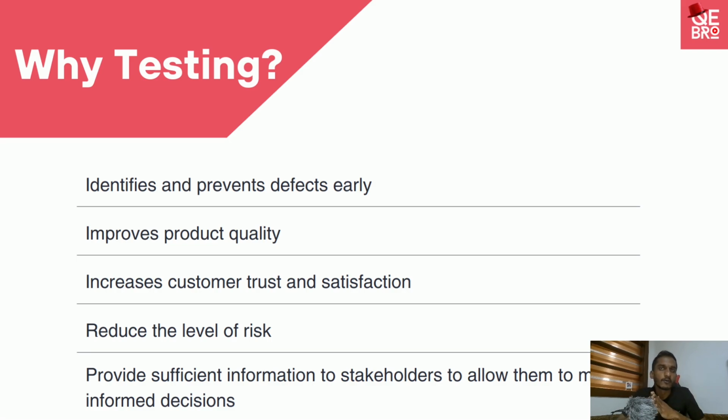But we can't think only about the timeline. We need to think about the quality as well. Let's say there are two companies who are competitors working on a similar product. Company A wants to release their new feature before the other company does. So they wanted to reduce the time at the testing level, because the requirement gathering, those things, they will fast track, but they can't skip. The development is a must. Without development, we can't release anything. Okay, then when it comes to testing, they gave only a very short period. They fast tracked that, they skipped so many things, and they just wanted to release it.